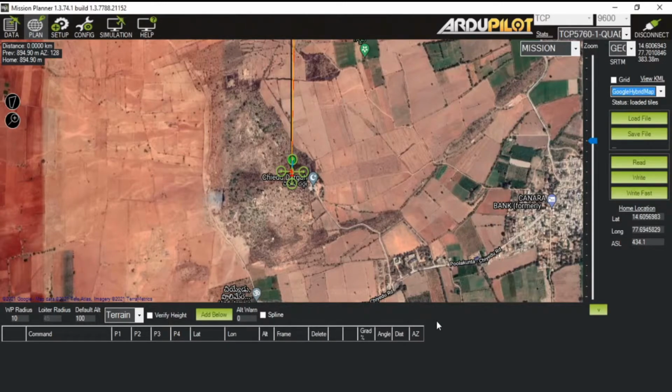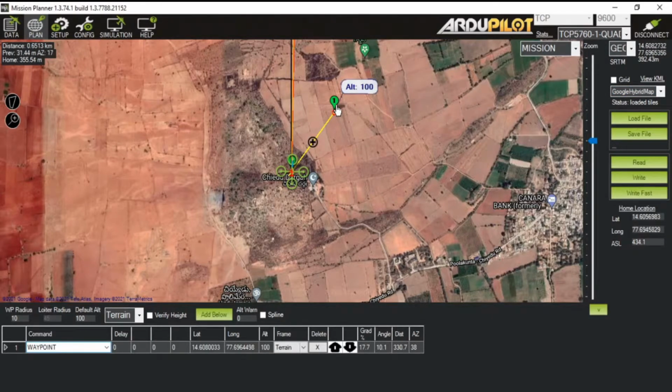So a flight plan is nothing, it's just a flight path, right? So suppose if you are moving from a point A to point B, then your drone will follow some path, and that path is basically a flight path, and we have to plan that path. That is what we call flight planning. So how we are going to do it? We are going to do it with the help of waypoints, right? So to create a waypoint, you just have to choose any location and then just simply left click on it. It will automatically create a waypoint.